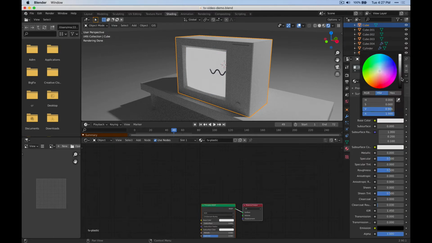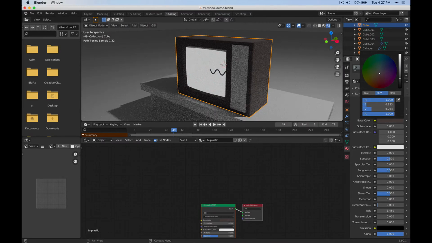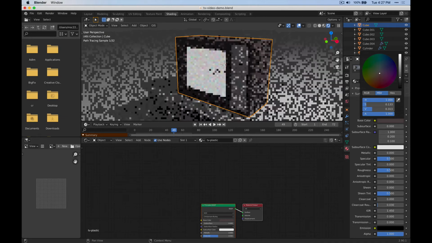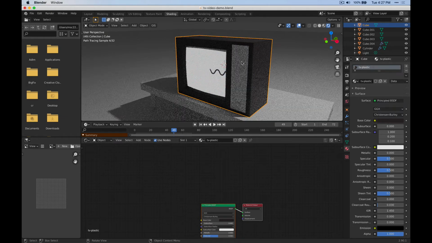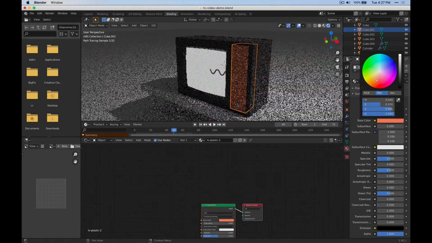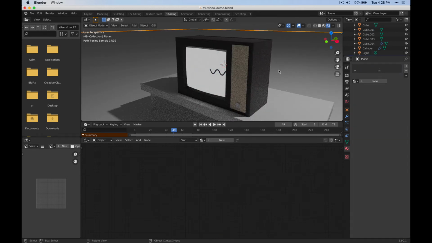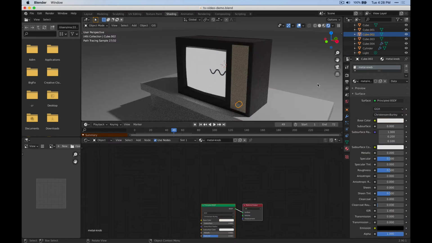So I'm going to choose maybe a darker plastic here. A little bit of red in there. And then let's choose another. Okay, so this knob we're going to make